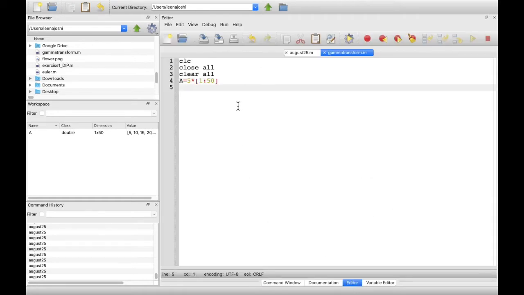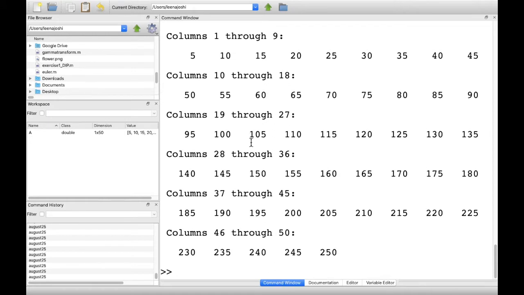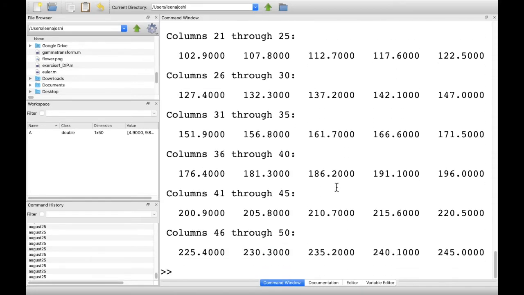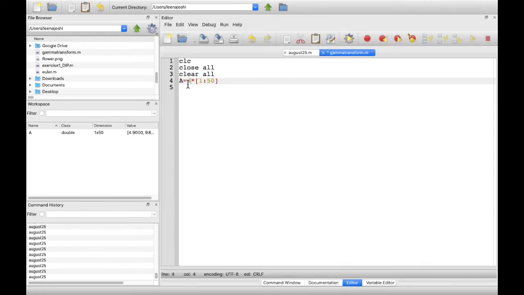Now you will see that here it is of the type double. That means it can also take decimal places. So instead of 4, I can also do 4.9 and run. So my values will be in decimal points. But right now I just want it to be 5. So I'll leave it like that.